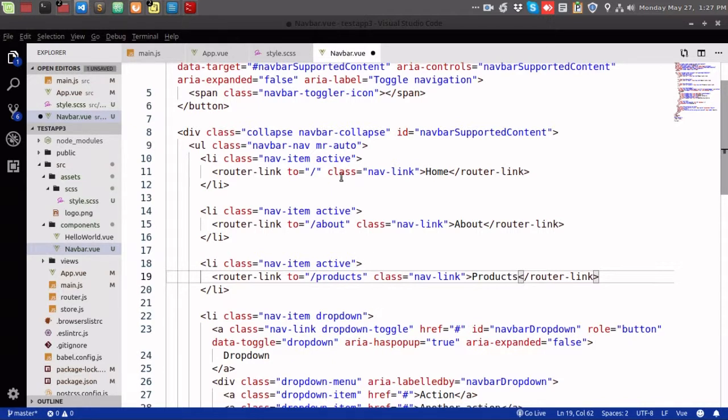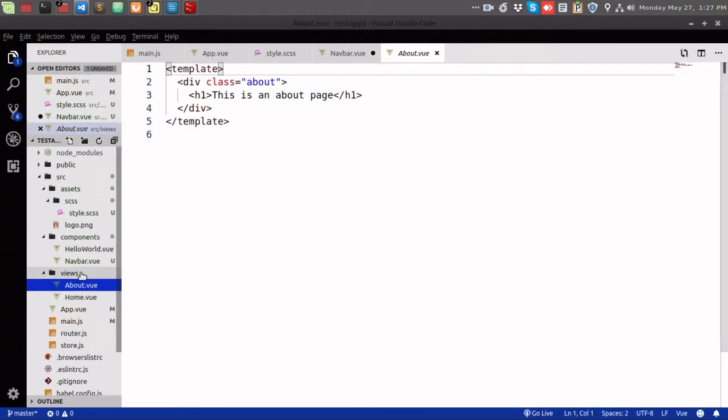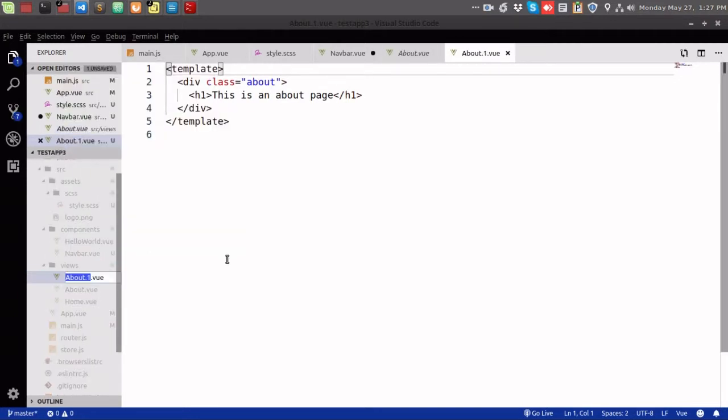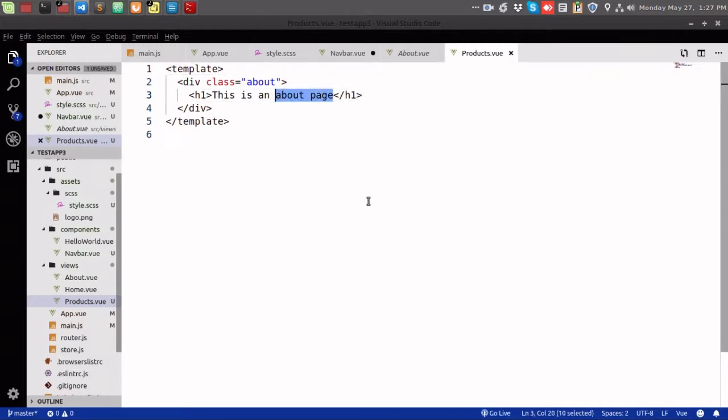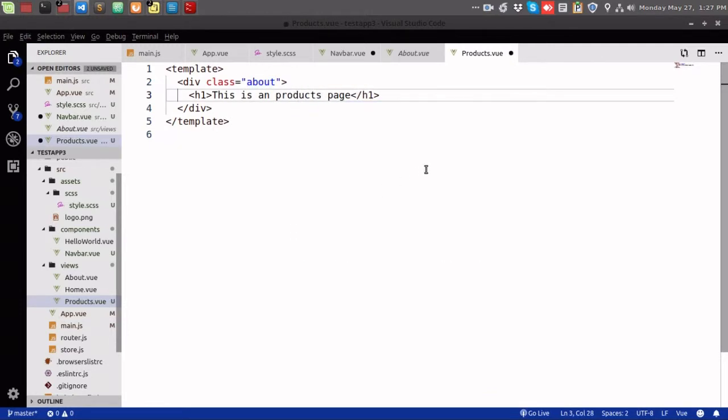I have to create a new view file actually. Let me see, just copy this one, rename, this will be products. So this will be the products page, right? This will be the products page, then